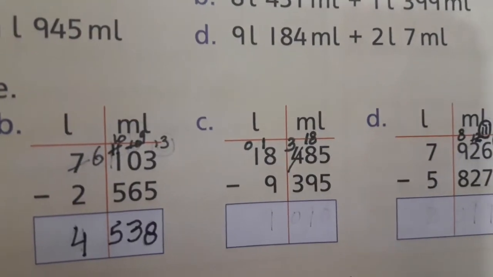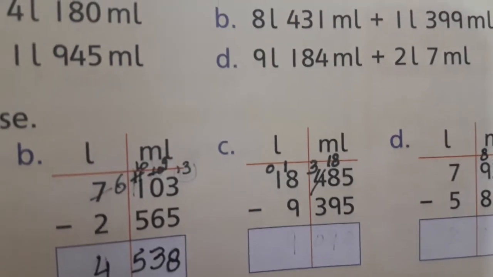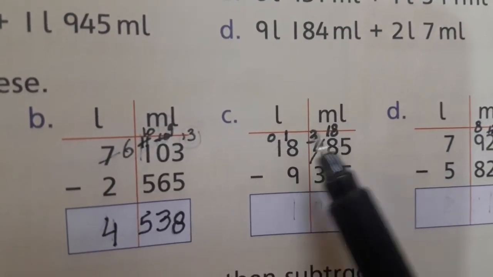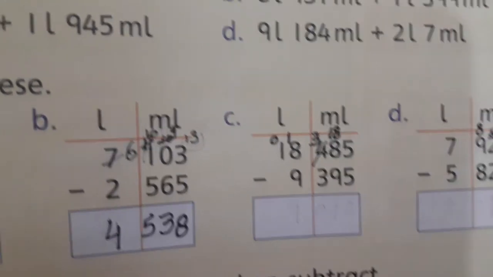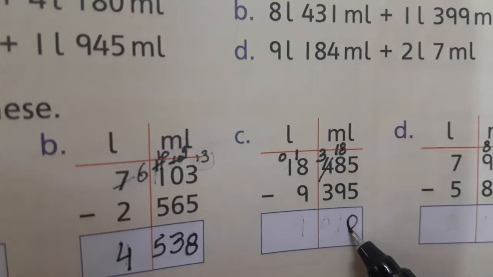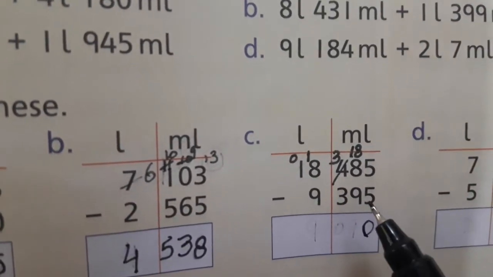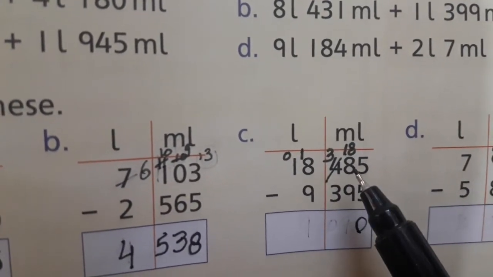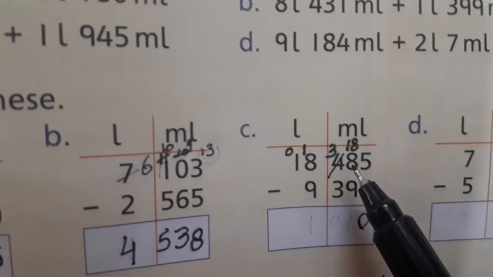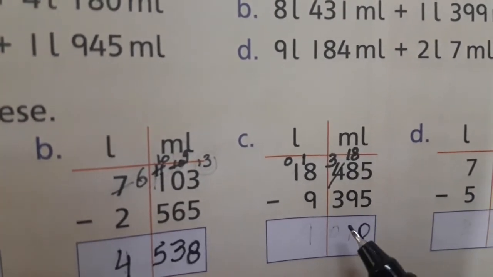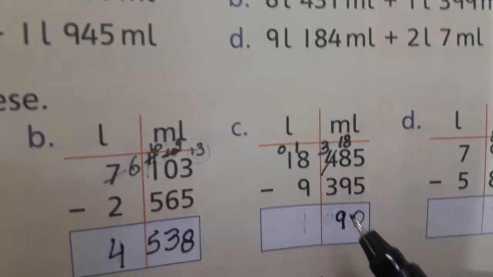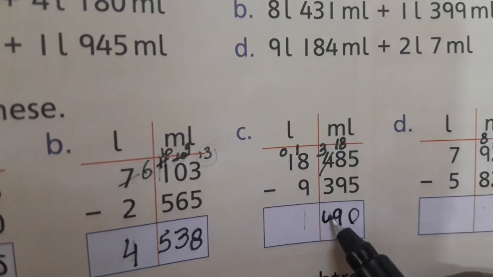Okay students, before doing any subtraction, we will just write all of these, just arrange these numbers. First you can see 5 minus 5, we can subtract it. 5 minus 5 is 0, and 8 minus 9, we cannot subtract 9 out of 8 because it is a smaller number, so we will take carry from this number. It will leave 3 and it will become 18. 18 minus 9, how many? Count on your fingers. Yes, 9. And 3 minus 3 is equal to 0.